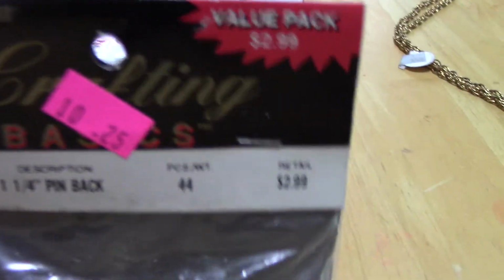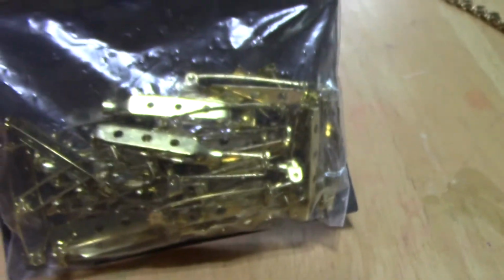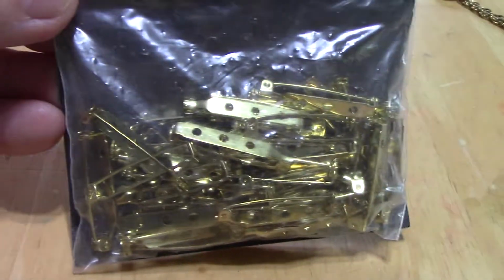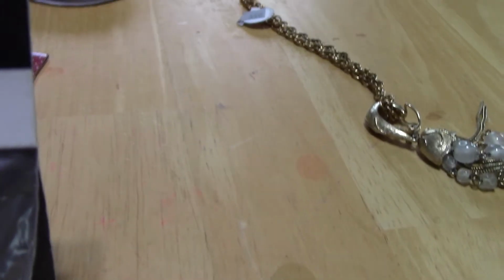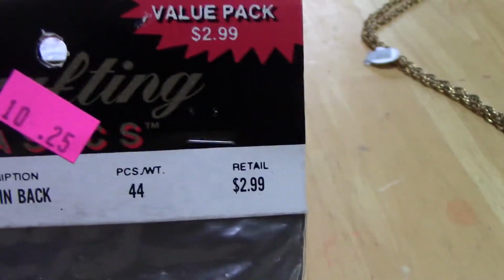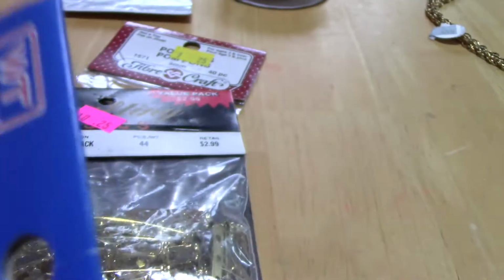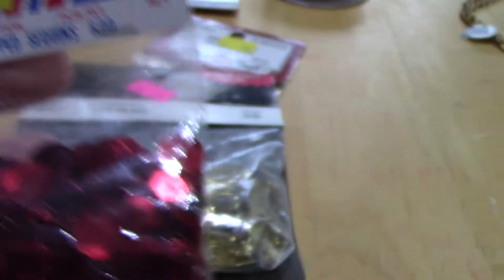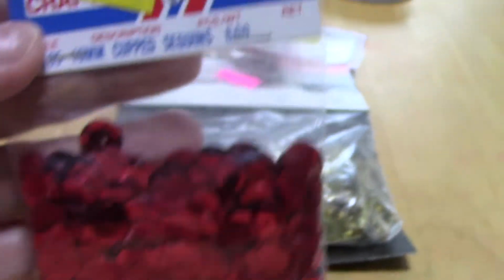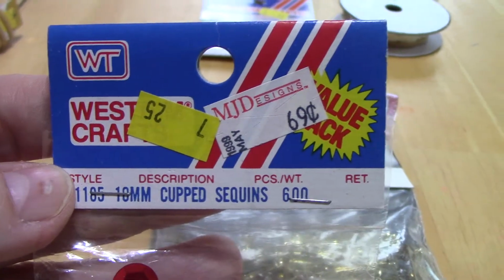And then I'm doing a lot of holiday pins right now, and I couldn't believe this deal. 25 cents for 44 pin backs. I mean, that's really a steal of a deal. Normally $2.99, but I don't know when that was. I know this bag here is dated 1999. Whether these all came in from the same person, I don't know, but I paid 25 cents for these